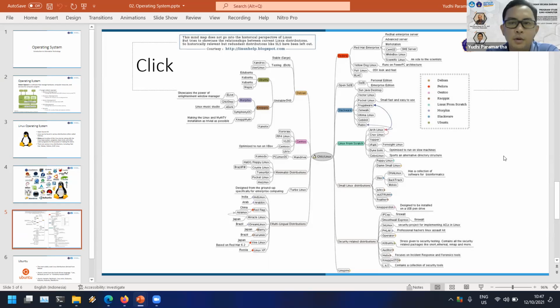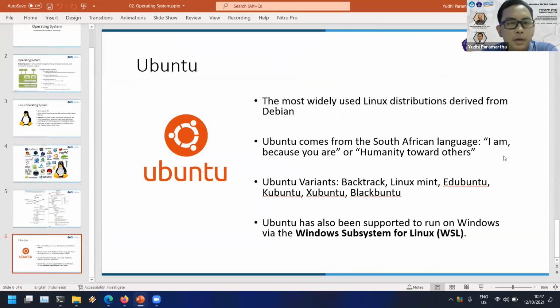We will use Ubuntu because this is the most widely used Linux distribution, derived from Debian. Ubuntu comes from a South African word meaning I am because of you, or humanity toward others. If you look at the Ubuntu logo, it's like three people holding hands with one another.